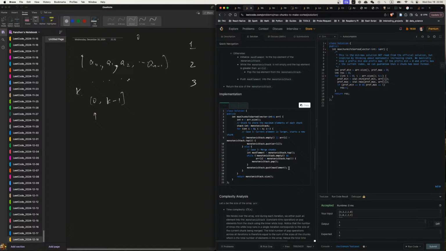Because when 0 comes in, it'll pop up everything. And then we have the current max, right? The 0 definitely forms a chunk, but we don't know how long it has to be, right? So if the current max is not